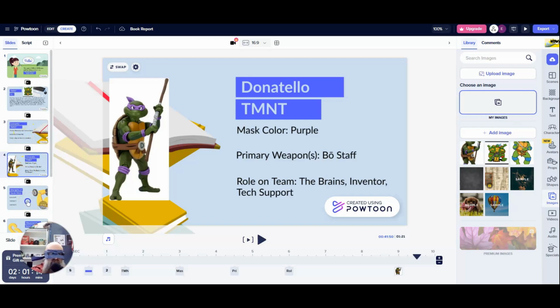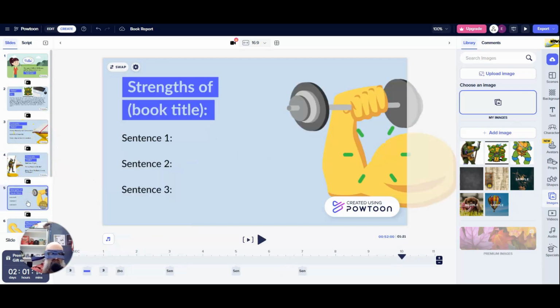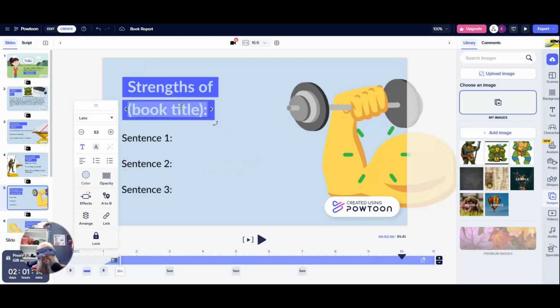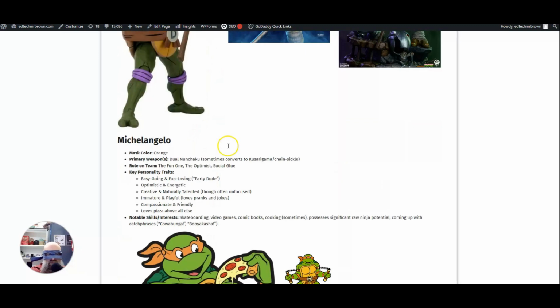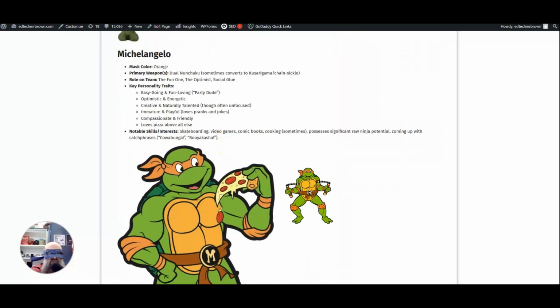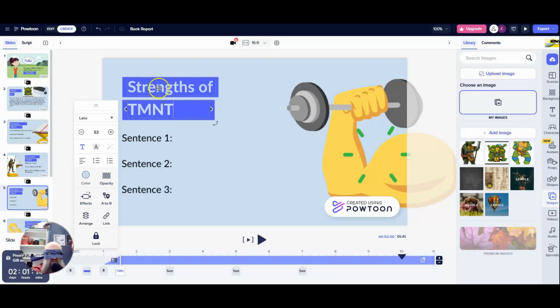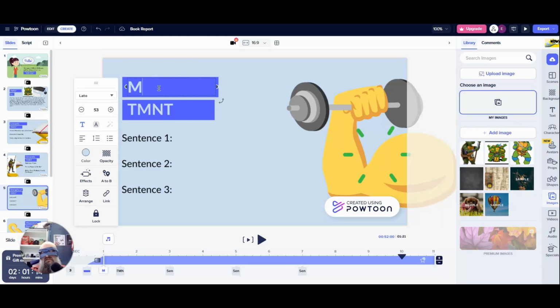We're moving on to slide number 5. Clicking on slide number 5 over here in our template on the left. And we're going to go to the book title, and we're going to change that to TMNT because that's what we're learning about. And who is this one going to be? This one is going to be Michelangelo. If I look back over here to my data page, Michelangelo is the next Ninja Turtle that we're going to talk about here. So this top one where it says strength stuff, I'm going to change to